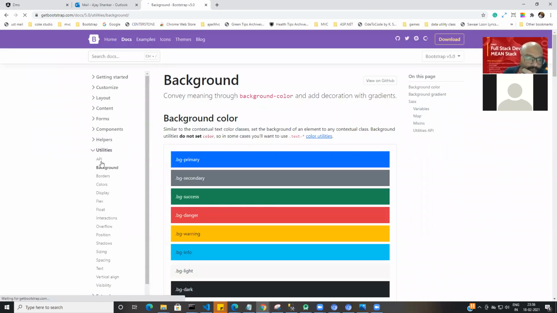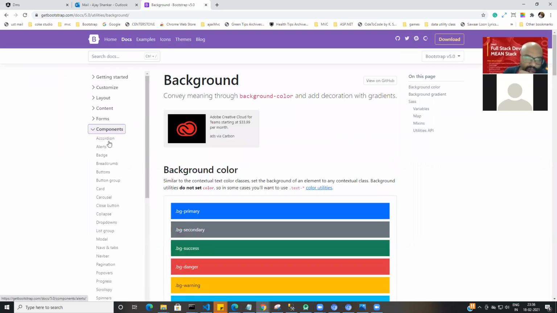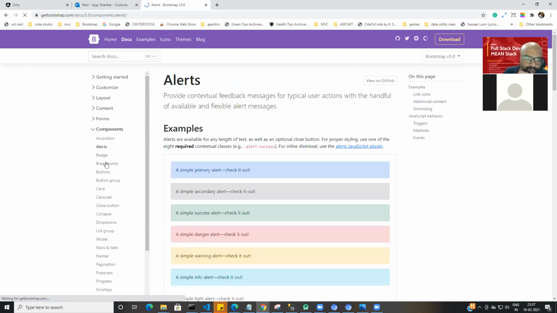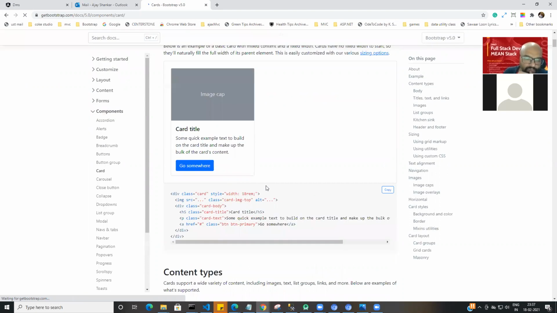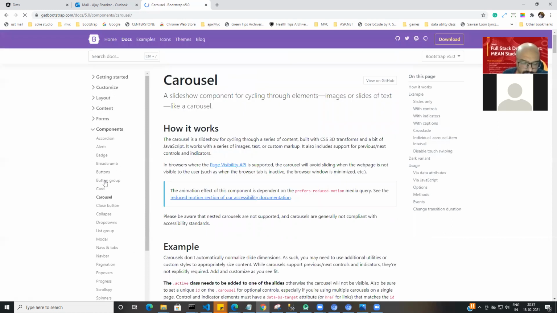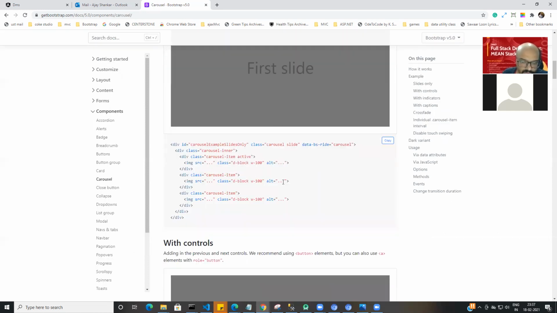Okay, it's a background color basically. Components, let's see the components one by one. Alert, no. Badges, no. Card is there, yes. Good, this is going to be useful for us. Then do we have carousel, which has the big images.